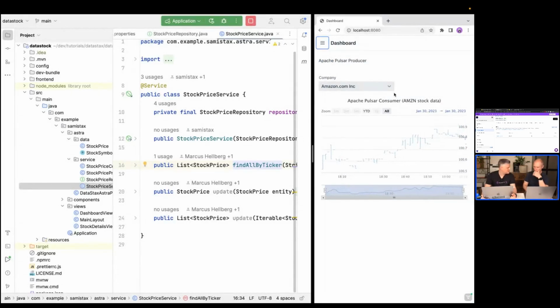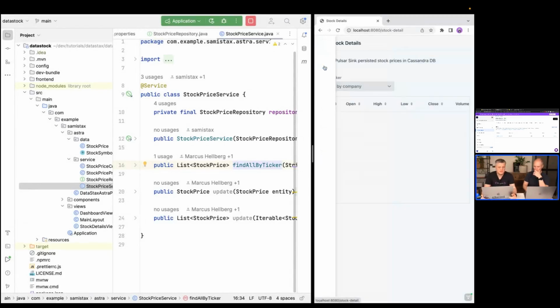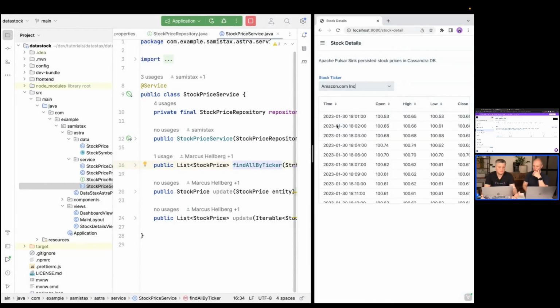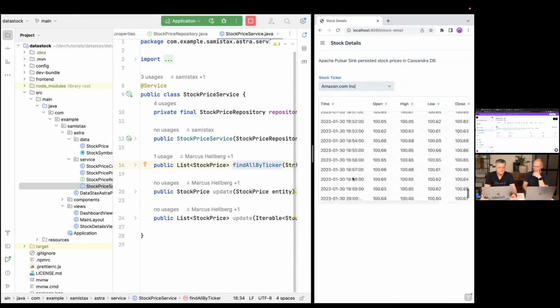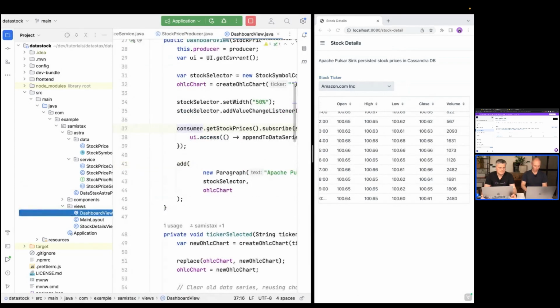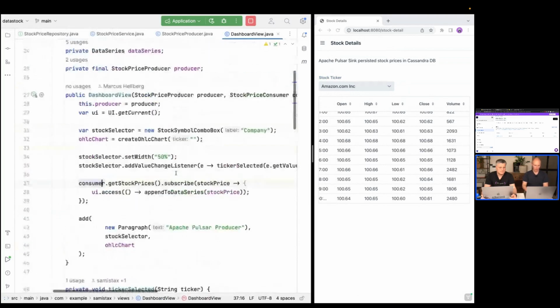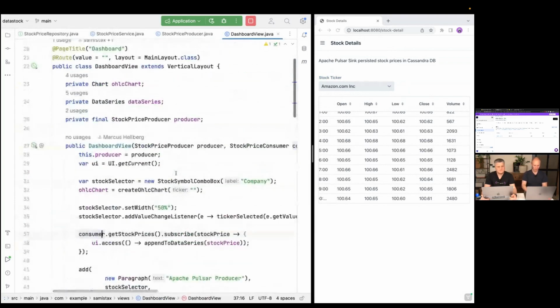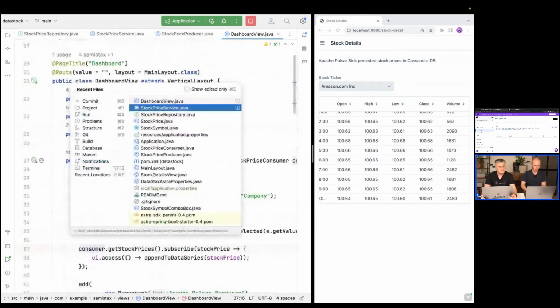Yeah, it would have been a good demo to show the starting point. But you had a couple of stock prices that were not persisted. So let's see if those. If we go back to Amazon here, you can see that we have now a whole bunch of this stock data here. Again, if we take a look at how this is created, that's the wrong one. Let's go back to the